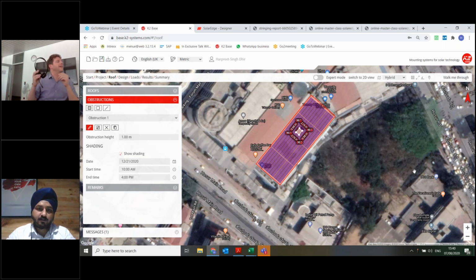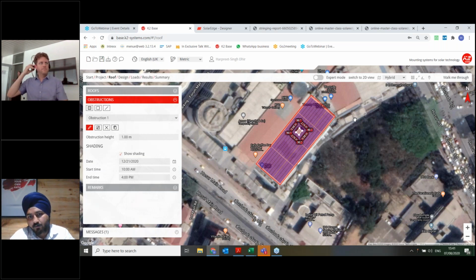Height would be difficult. For height, I would suggest that you go directly to the site, but measuring the obstacle's other dimensions is very easy. You can draw the obstacle directly on Google Maps. If you know there is a water tank or some other rectangular obstruction, you can draw the obstructions just by seeing the Google image, like you draw the modules on the rooftop, then enter the height, and do the shadow analysis later on.